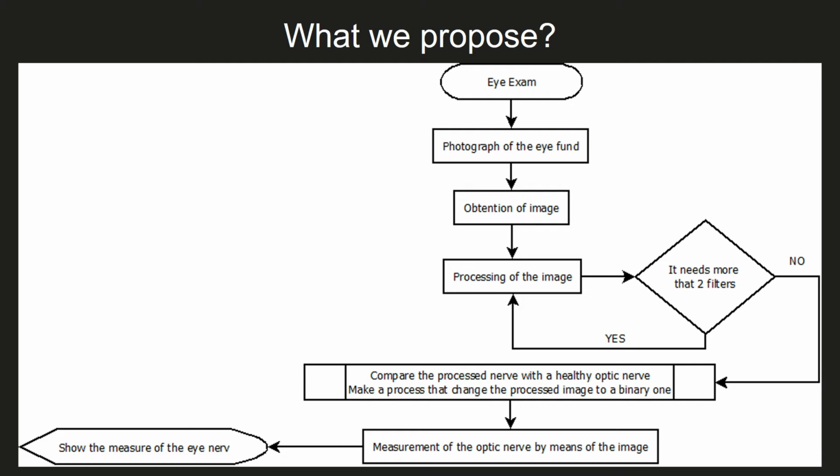Then we make a process to change the processed image to a binary one to make the measurement of the optic nerve, the periphery of the nerve, and the optic nerve disc. We measure that optic nerve in the binary image by means of the image itself. After that, we present three windows. Then we present the measure of the optic nerve that is damaged, the periphery and the optic disc, and then